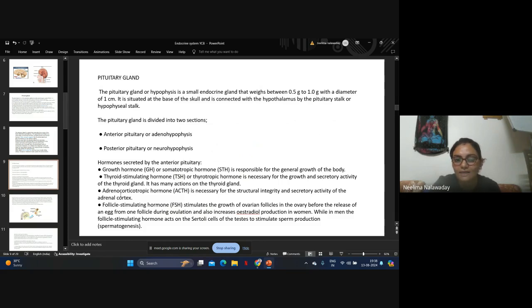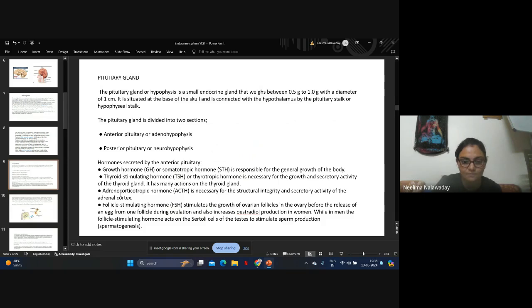Adrenocorticotropic hormone, ACTH, is necessary for the structural integrity and secretory activity of the adrenal cortex. The pituitary secretes it and sends it to the adrenal gland, and then the adrenal gland starts secreting specific hormones. Without this connection, the adrenal gland will not be able to secrete steroids and other hormones,